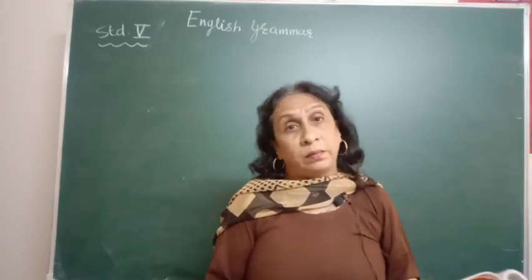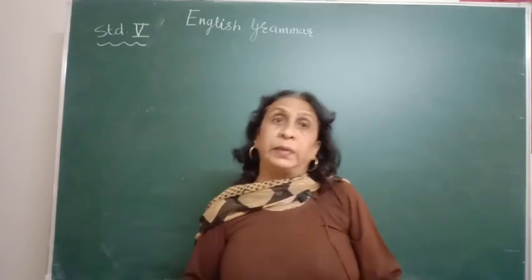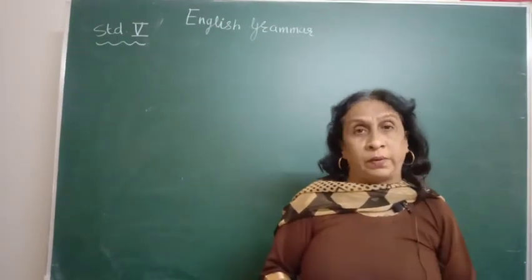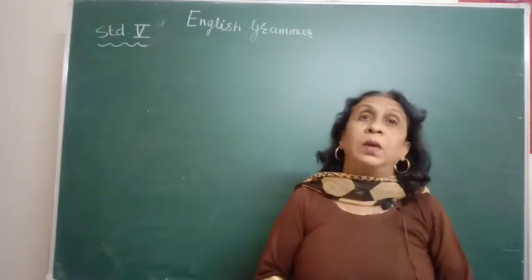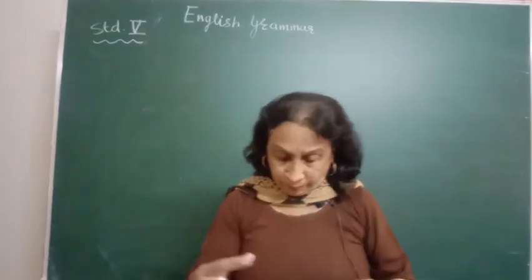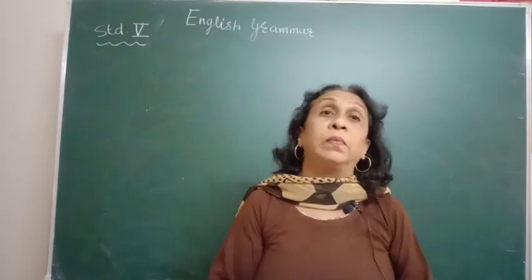But what do we see here now? We see that the old man had to listen. The owner of the house, did he shout at the boy? No. Because the boy had already gone away. He was not there, only the old man was there. So the old man had to listen. So this is one comprehension. In the paper also you are going to get a comprehension, but it will be different.